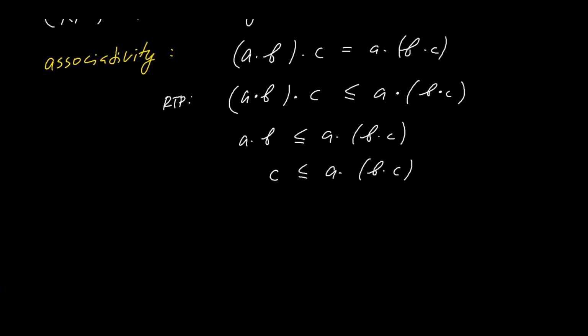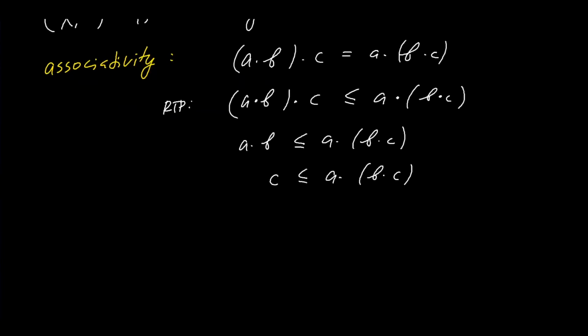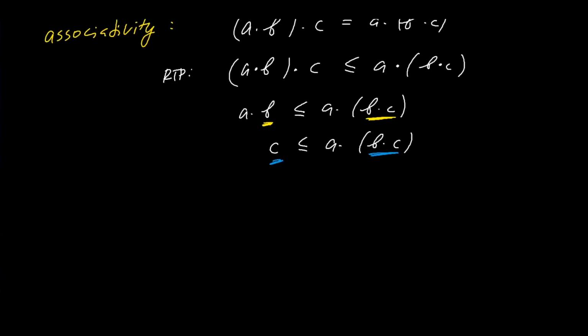Now, if only I could show that B is less or equal to B dot C, and similarly C is less or equal to B dot C, maybe that will be helpful for me to establish the rest. Why? This is where the argument is going to get a little complex, and I hope that everyone will be able to follow, but if not, you can ask questions. I'm trying to figure out how to prove this thing, and I'm noticing that I could maybe simplify my life if I first establish a lemma saying that